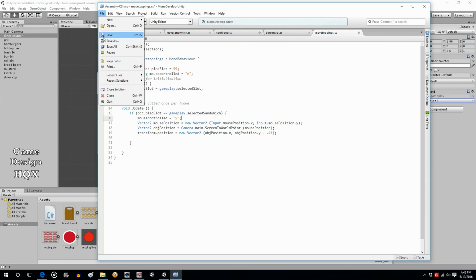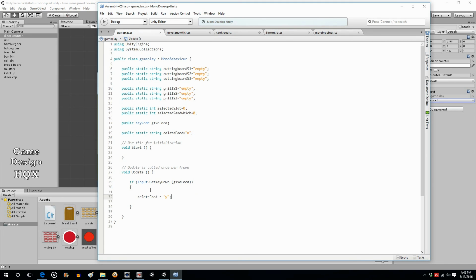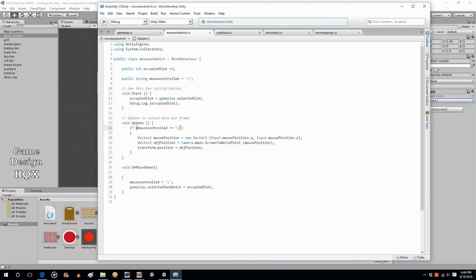So why did I do that? So now we have a very easy way of identifying which objects should be deleted. So if you right click, then you want to delete whatever is being moved. So what's being moved? Whatever is set to mouse controlled yes. So that easy. And that's really the reason why I use exactly the same one, so I don't have to rethink and rewrite it. Well, I have to rewrite it for each one, but at least I don't have to reinvent the wheel. It'll be the same code. So in short,